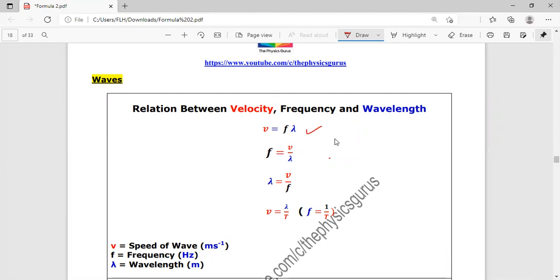Or in place of f, since in this topic of simple pendulum, we have seen that f is equal to 1 over T. Therefore, we can write this as lambda is equal to 1 over f into V. And in place of 1 over f, we can write T. We are considering this equation. Okay, you put values over here. In place of f, we will substitute 1 over T. Therefore, lambda is equal to,